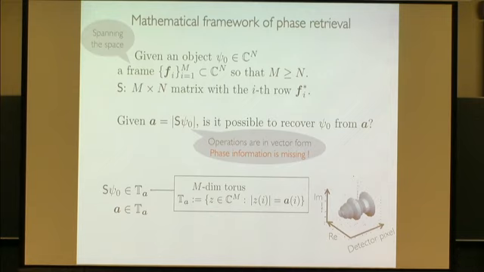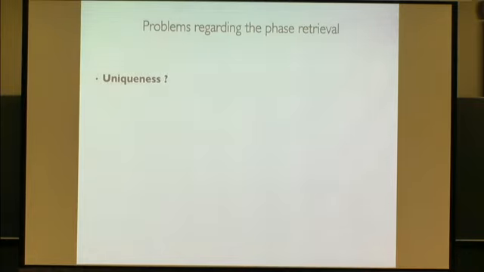So later on, when I say torus, it means this TA. There are several questions we have to ask ourselves before continuing. This, in particular, for this phase retrieval problem, it's a kind of inverse problem. First one is uniqueness. Is it possible that you find two different objects so that